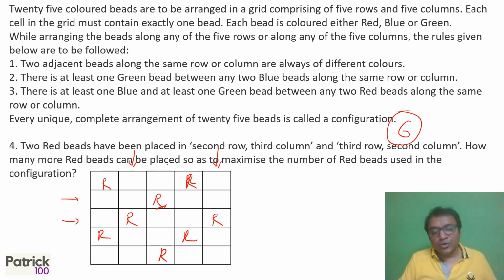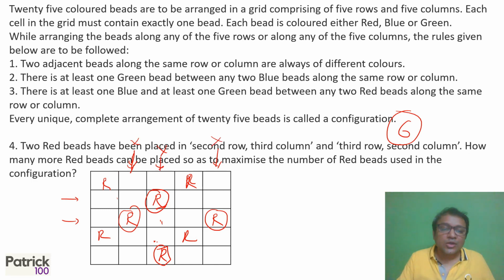So I have already put 8 reds. So I can put 8 reds as a max. The key out here is the same as the first question. Between 2 reds, you need to have 2 particular values. The moment I have a red out here, the next red can be earliest out here. The moment I have red out here, the next red can be earliest in the same row column. Now, then you can accordingly figure out. The rest 4 can be out what is mentioned out here, because in this particular column you cannot have more reds. This column you cannot have more reds. In this column you cannot have more reds. You can have only reds in these two columns, two at a max. Try to put it, you will get the answer 6.